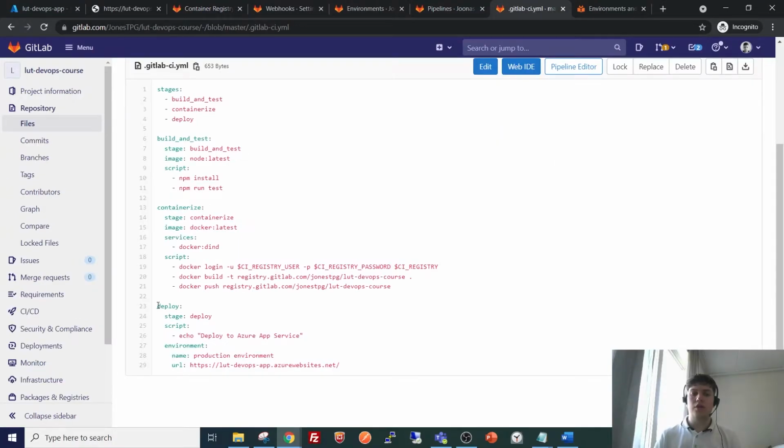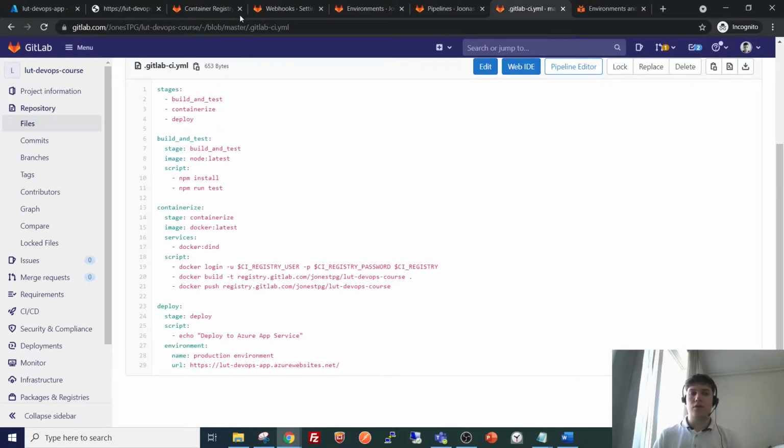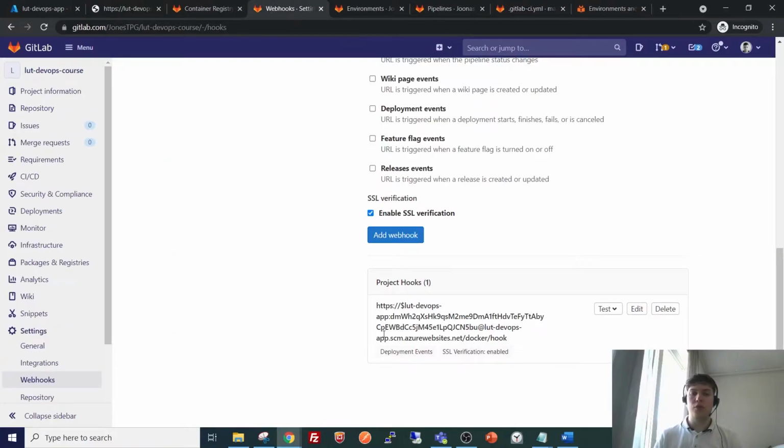After that, the deploy stage will run, provided that these 2 stages have completed successfully. And in the deploy stage, we will create a new deployment into this environment that we have defined earlier. And that environment in turn will launch a webhook that, like I said, has been defined to run when a deployment event happens.